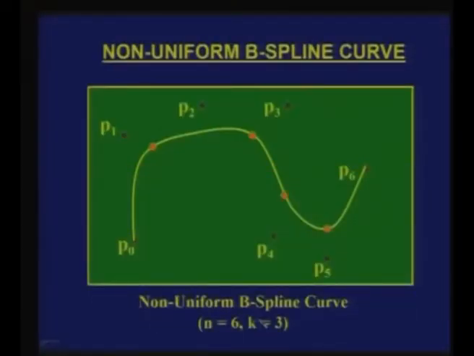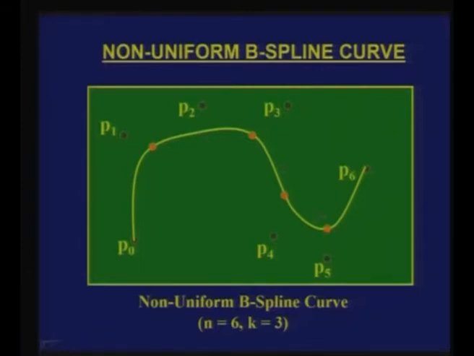I have put down a curve here. What you see here is n equal to 6, which means 0 to 6. I have 7 control points, shown here as P0, P1, P2, P3, P4, P5 and P6. The orange points represent the curve segments. The first curve segment is this, the second curve segment, which goes from u equal to 1 to u equal to 2, is this segment, then I have the third